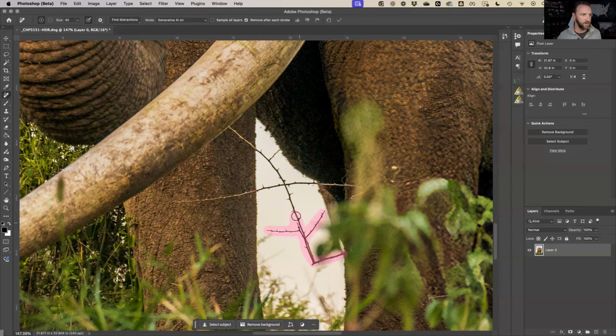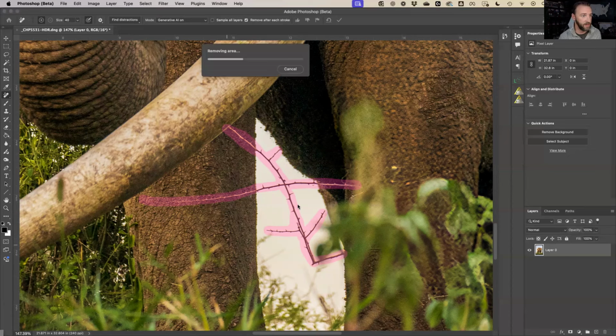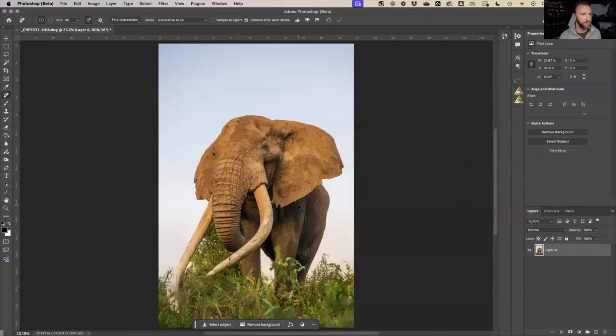This should be a fairly simple removal, hopefully. All right, so we get that there, that there, that there, and that big long line right there. Good, and once that finishes there, we should have a fairly clean image. Good. All right, so now that we are here, I'm going to hit save just to make sure, and I'm